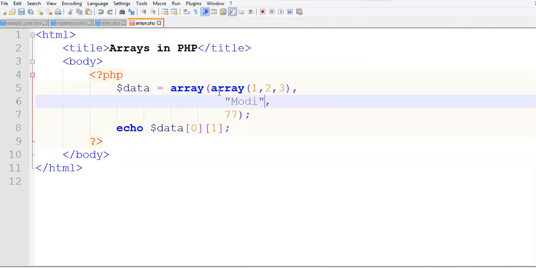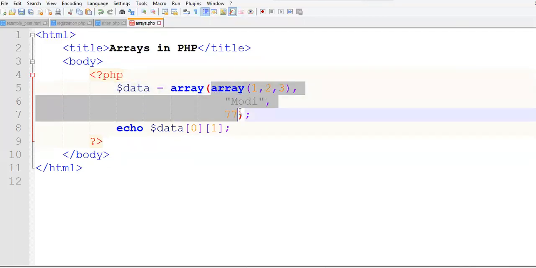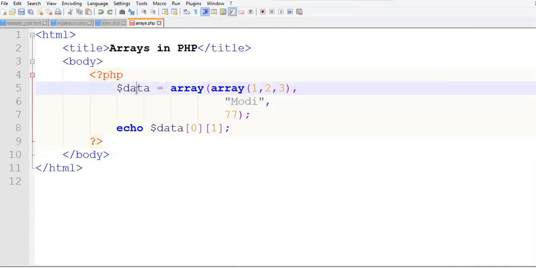Let me repeat it. This is a part of the array called $data, that is the first array. This entire element has the index 0, this has the index 1 and this has the index 2. Now when we try to access the value that is present at index 0, we see that this is also an array.